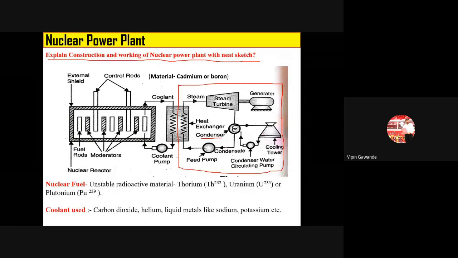Okay, then this condensate comes into the hot well. The hot well is not shown, since we keep just one diagram only. Then, using the pit pump, it comes here. Now here the boiler is not there, but instead of the boiler they are using what? They are using a heat exchanger here.